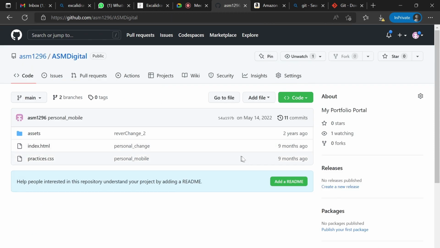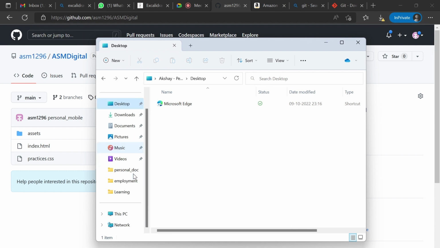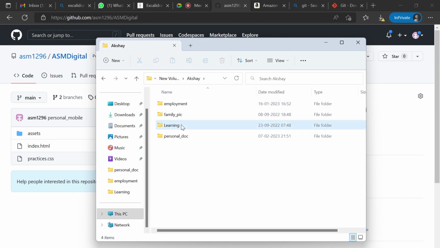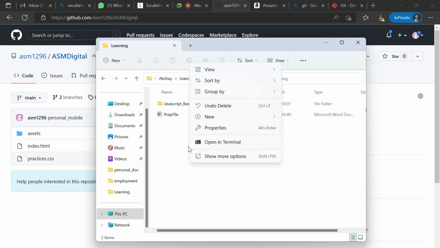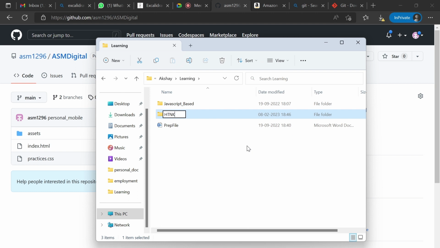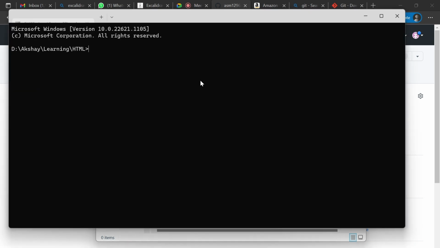Right now I already have access to this repository, so I can directly clone it. I will go to my folder, the particular folder where I mostly keep my projects, and I will open the command prompt here.